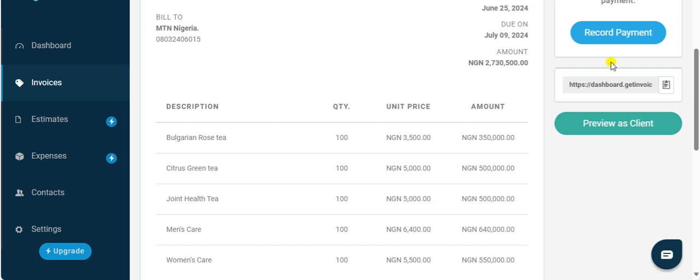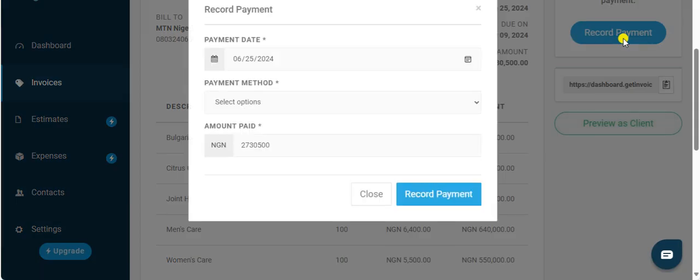All right, so when they pay you, you record payment. It depends on how much. If they pay you completely, you just record payment. But let's say they paid you 70% of this 2,700,000. That means you are going to give them a receipt two times. All right, so this 2,700,000,